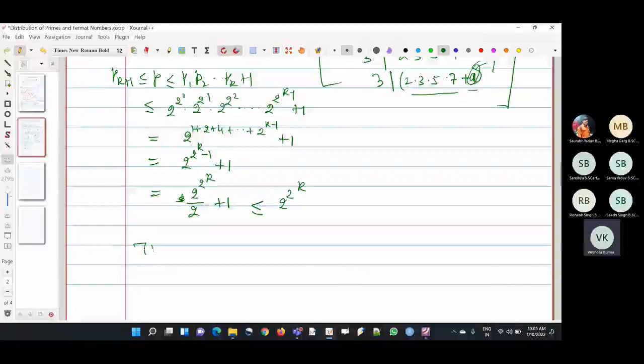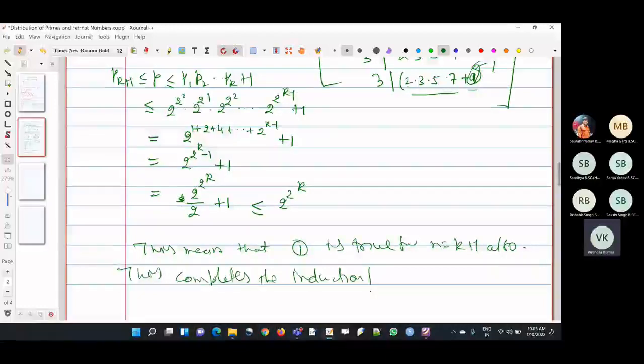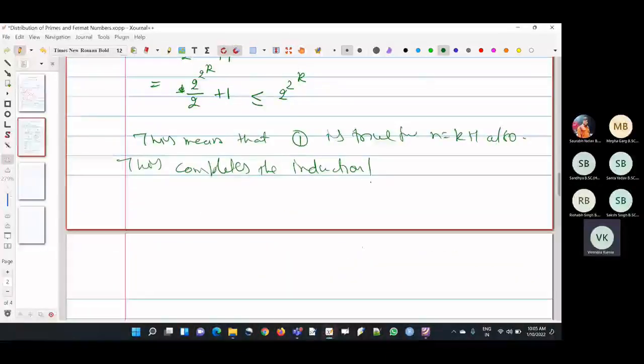This means that the result is true for n equals k plus 1 also. This completes the induction proof. Okay. One thing is that when we are applying the principle of mathematical induction, actually what we are doing, you see, just for the sake of knowledge,